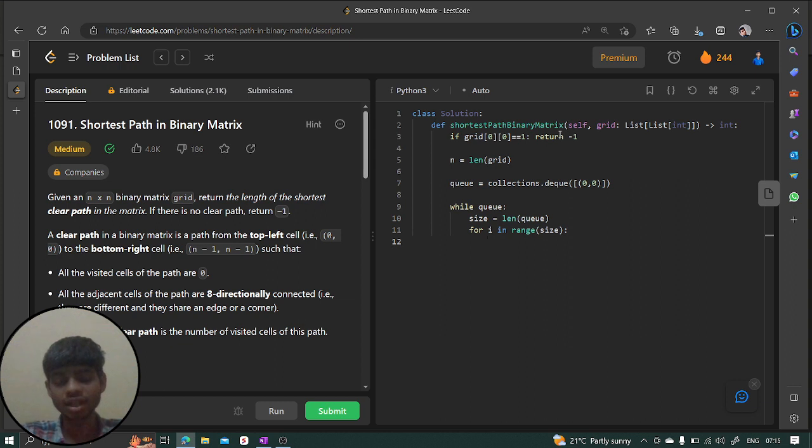Here we can say pop out the first element first of all. That is nothing but going to give us row and column. So we can say q dot pop left, right? And once this pops out the top element of q, we're going to move in a direction. But before that we have to check if this